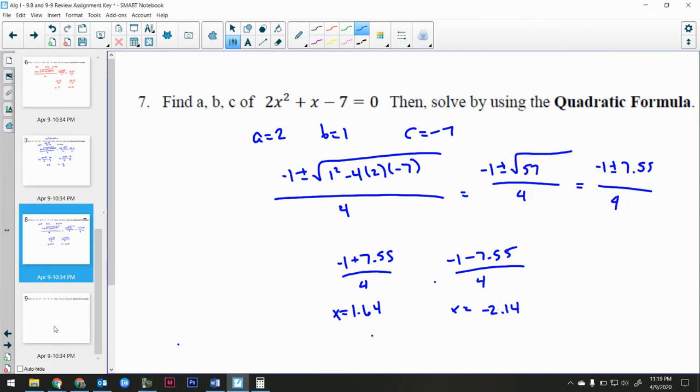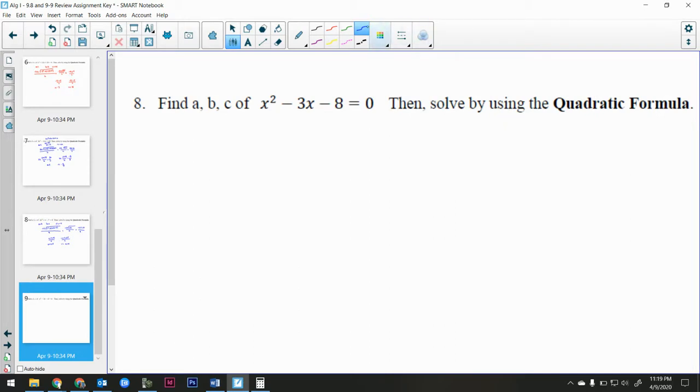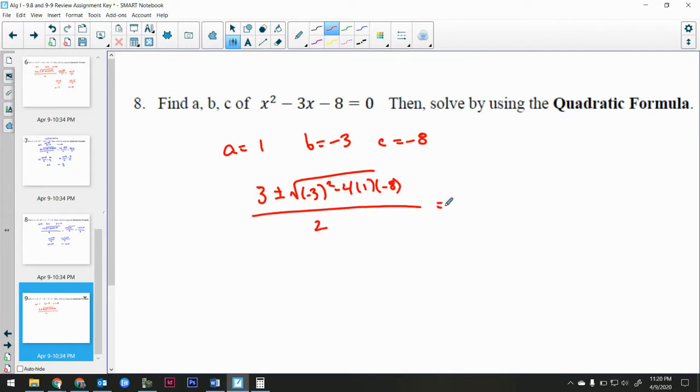All right. Last problem coming. Switch up some colors here. Here we go. It's already set up for me, already in standard form. A is 1, B is negative 3, and C is negative 8. Okay. So the opposite of B, negative 3 turns positive 3, plus or minus the square root of negative 3 squared minus 4 times 1 times negative 8, all divided by 2A, or just 2. So 3 plus or minus the square root of